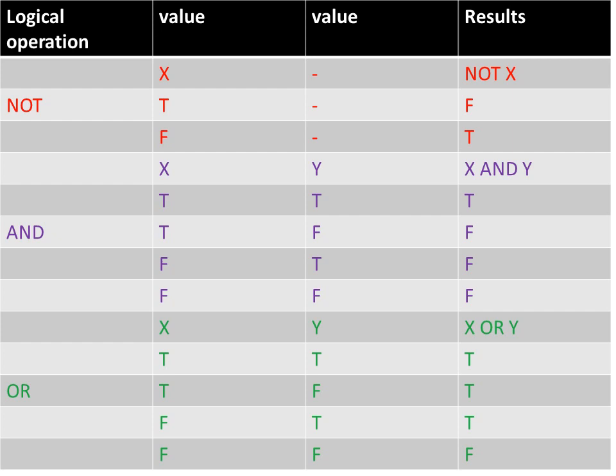Next is the OR operator. In this operator we use two values which are x and y. By using the OR operator we will get the following results. If both the values are true, we get a true result. If the first value is true and the second is false, then it will give us a true result. If the first value is false and the second is true, then it will also give us a true result. If both the values are false, then it will give us a false result. It means that if any one of the given values is true, it will give us a true result.